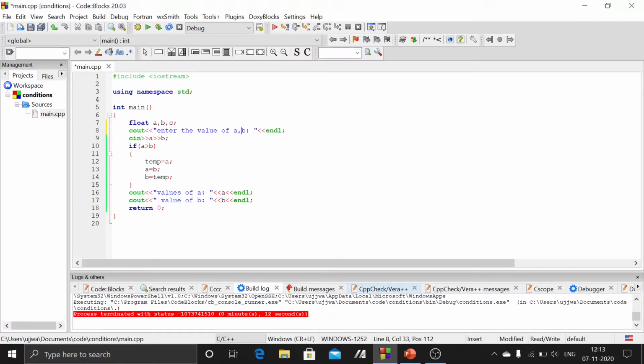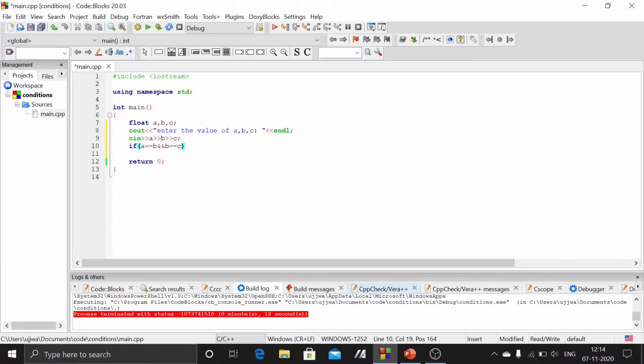Enter the values of a, b, and c. So we'll start with an equilateral triangle. So if a equals b and b equals c,